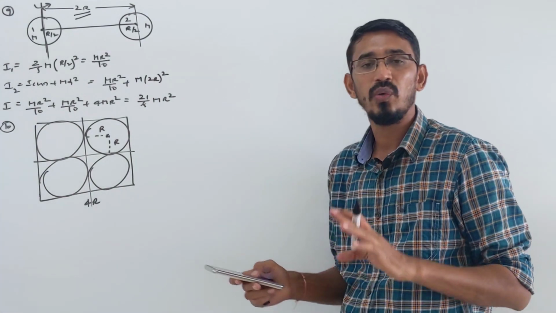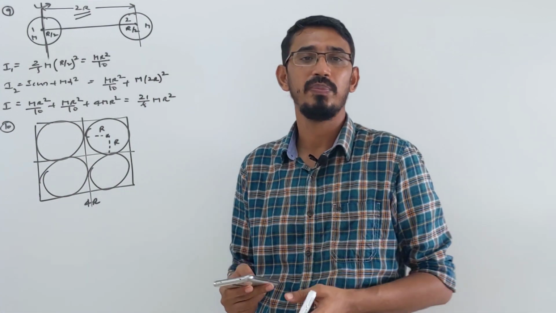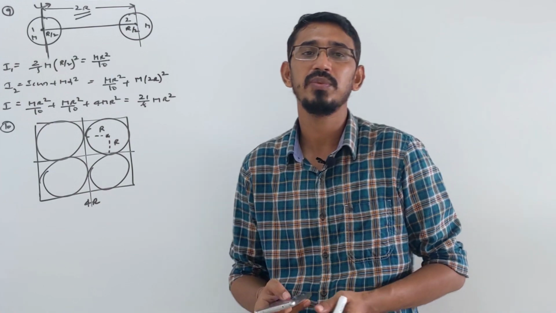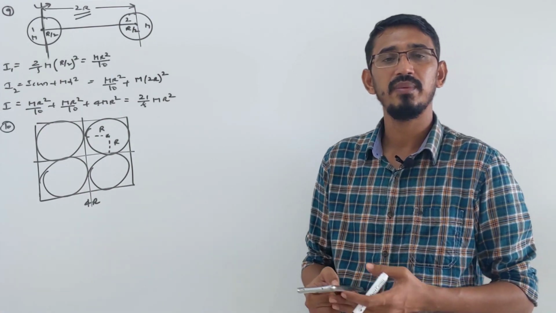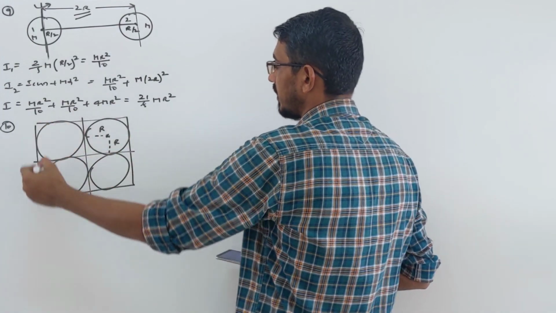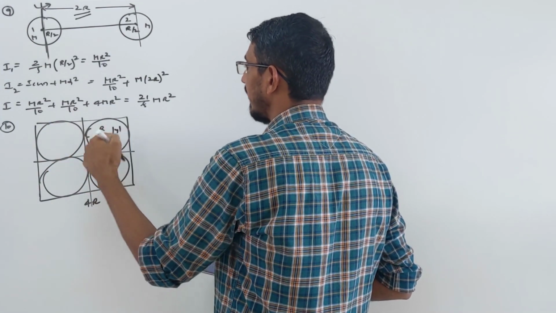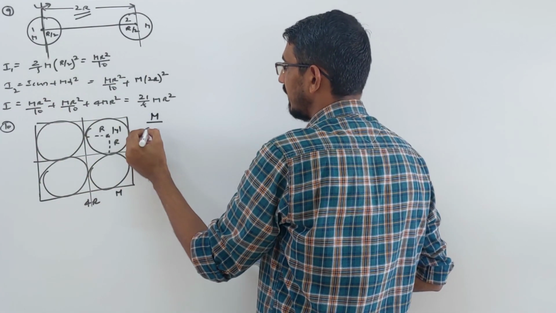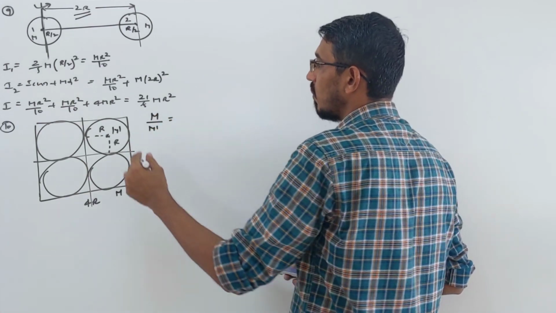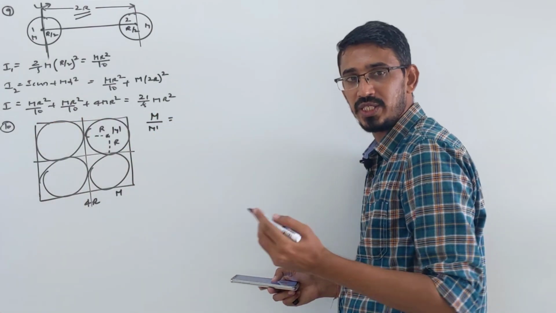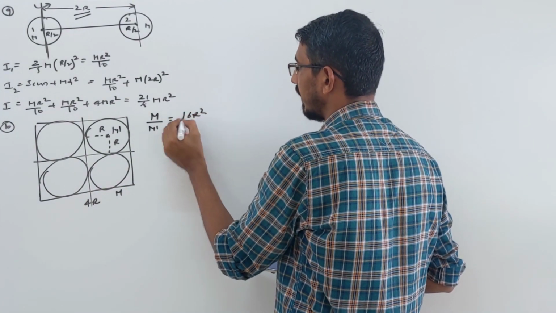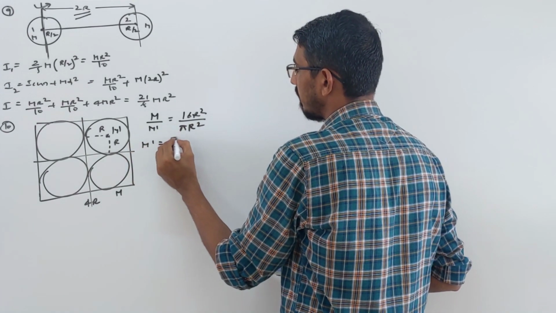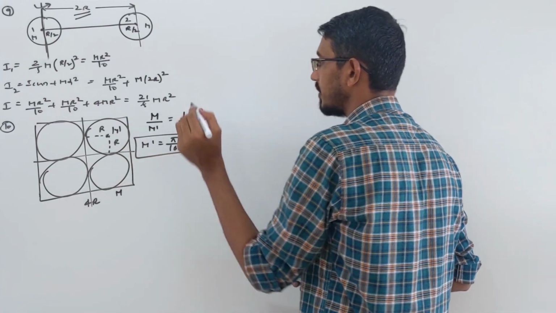So simple procedure, always what we do in this type of question, first we calculate the mass of the removed part. For sheets we can use mass proportional to area, for a rod we can write mass proportional to length, and for sphere and cube, 3D objects, we can write mass proportional to volume. So mass of the complete square sheet is m, we have to find the mass of any one disc, that's called m dash. So mass of the complete sheet is m, and this removed disc is m dash. So mass is proportional to area. What's the area of the complete sheet? It's a square sheet, so 4r square becomes 16r square. Area of this disc is pi r square. So here we get m dash becomes pi by 16 of m. That's your mass relation, done.